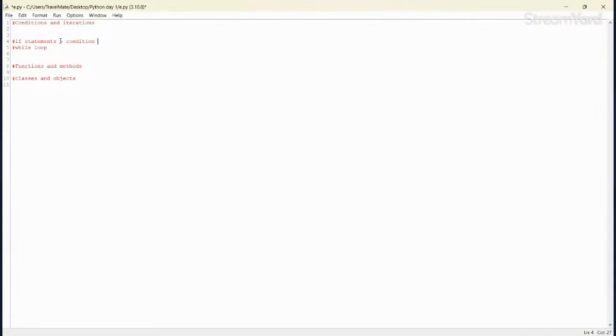Usually, conditions have to have some sort of other operating answer. So if it's not A, it's B. If it's not B, it's C. If it's not C, it's D, right? So think of a multiple choice question, right?